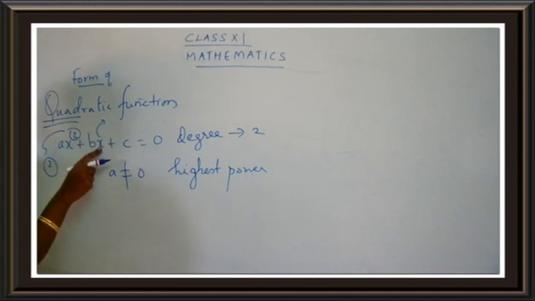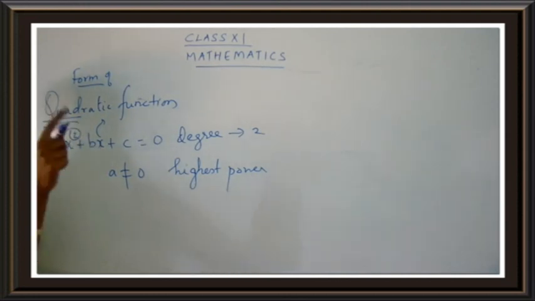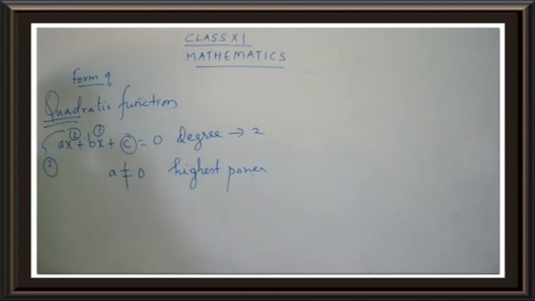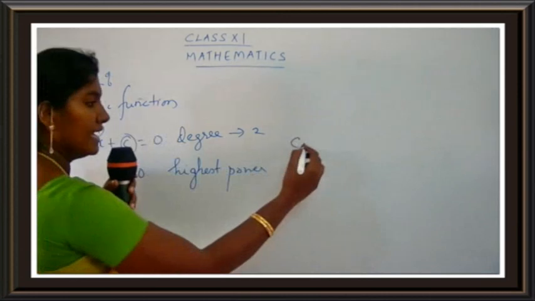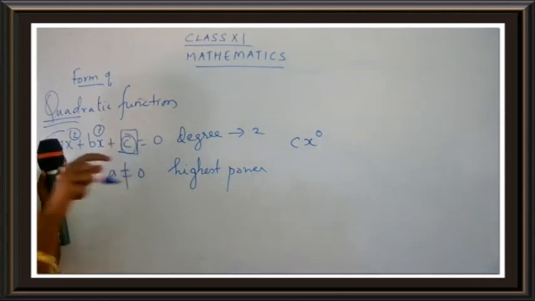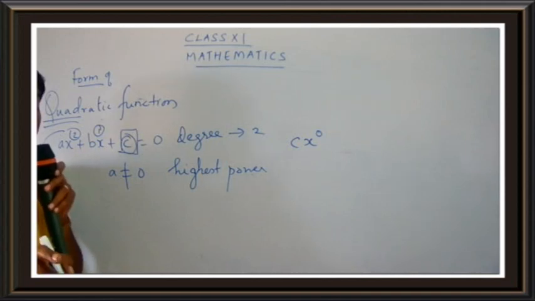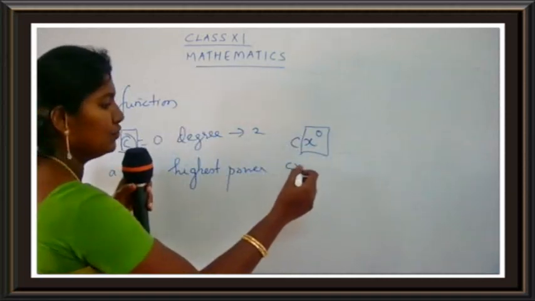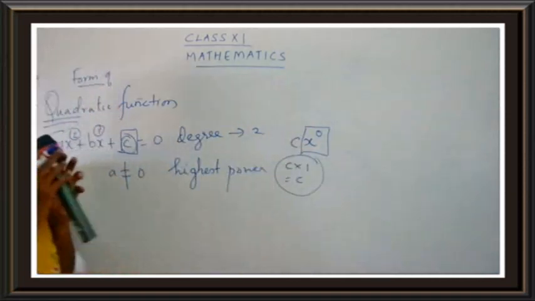What is the power of x here? Nothing is mentioned. That means the power of x is 1. How many x do you have here? 1. So you have 1x. Okay. Now it's c. Here no x is mentioned. Yes children? But you have to just imagine here we have an x with the power 0. What is the power of x here? 0. So a constant term has a variable x with the power 0. And you know that anything raised to 0 is 1. So c into 1 is equal to c. So this is what you get here, c.